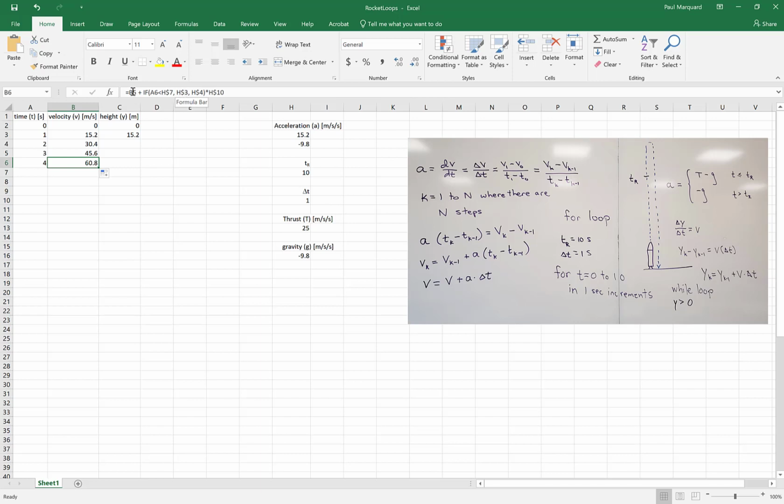And then notice B2, which was the previous velocity, right? B2 becomes B3, B4, etc. And then H7, H3, and H4 remain fixed, as does H10. And then finally, my height